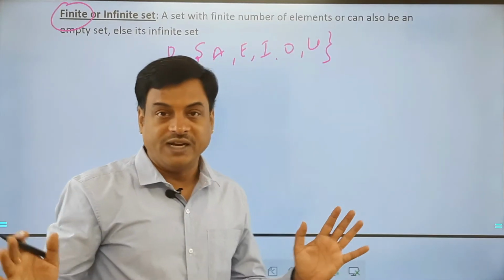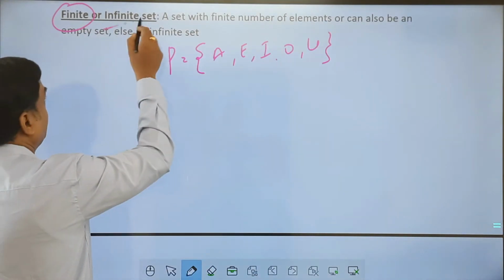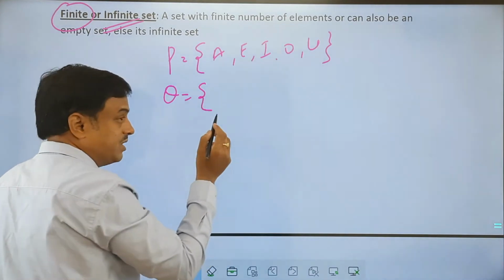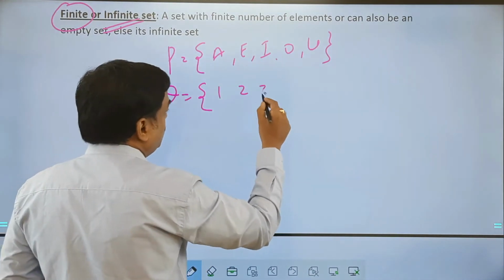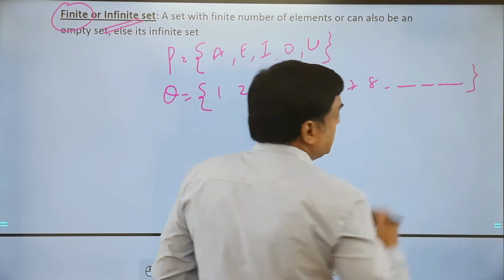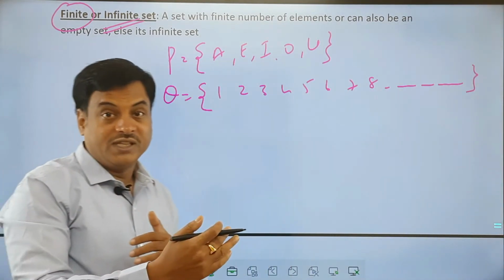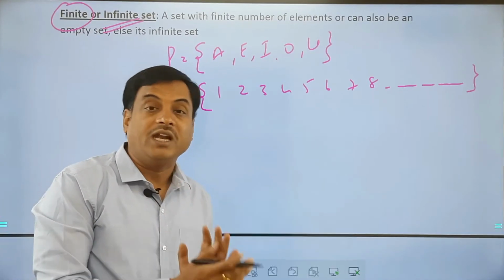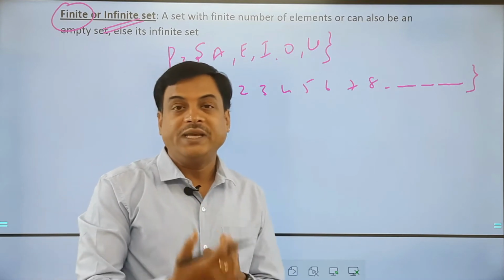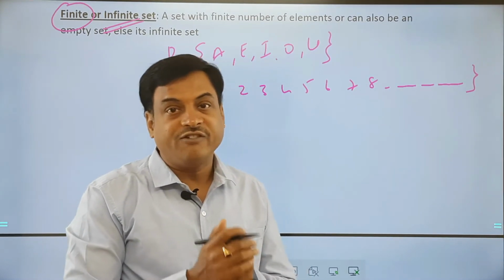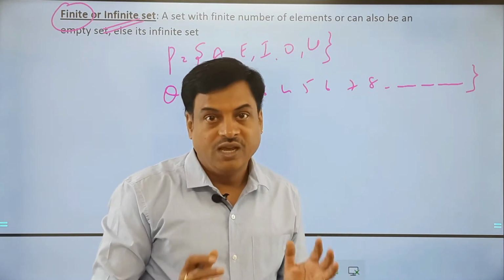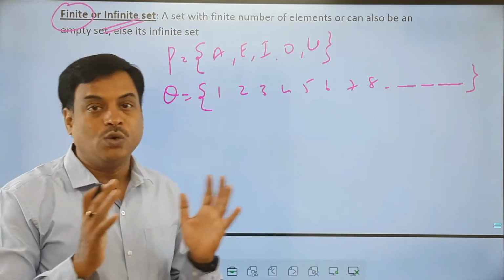Okay, if you look at this one, infinite set. If I say a set of natural numbers. Now what are natural numbers? 1, 2, 3, 4, 5, 6, 7, 8, and so on. So we cannot have an end for this set, and we don't know exactly how many elements will fall in that set. We call it an infinite set. So it goes by the name itself, finite set, where we'll have a limited or finite number of elements, whereas infinite set, there is no end.